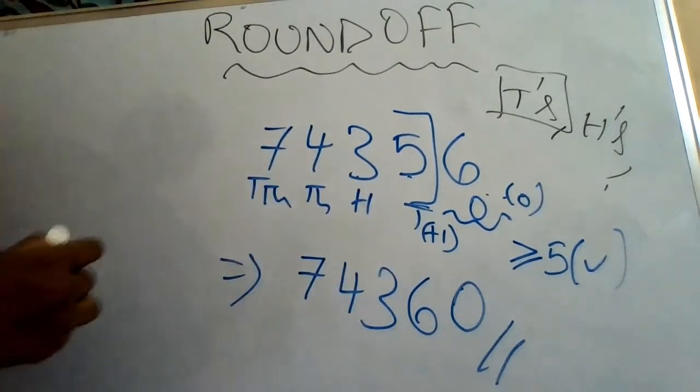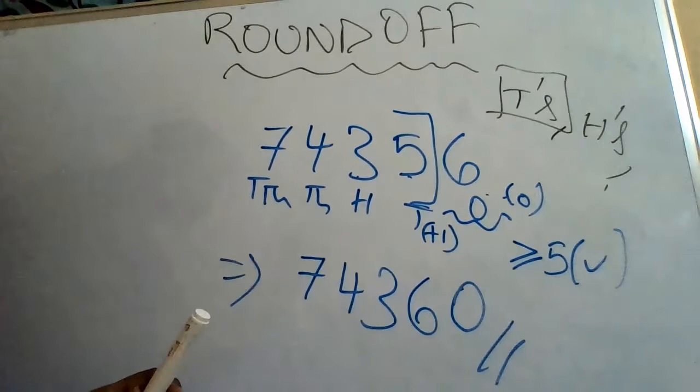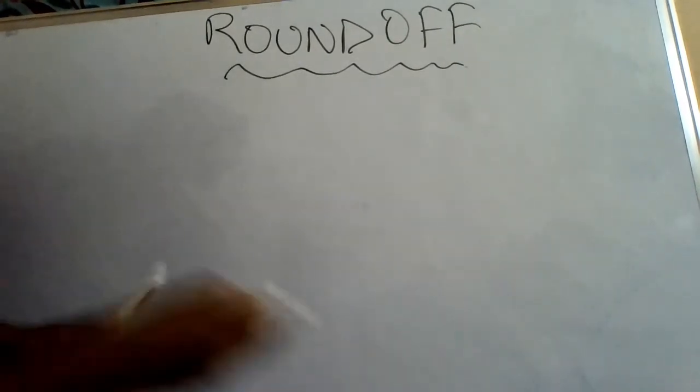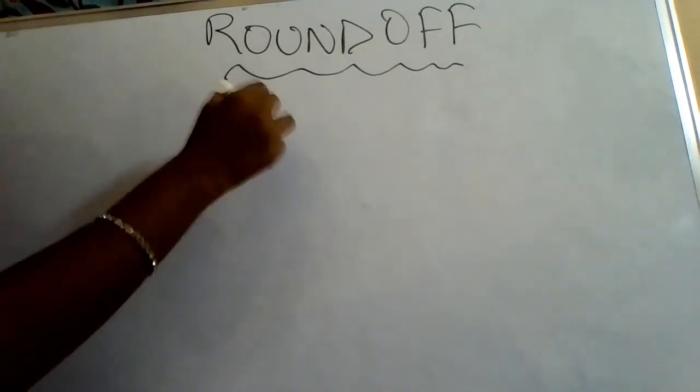In this way, we'll do the round off for the hundreds place and thousands place in the same order. In the same way, if they ask you to find the estimate